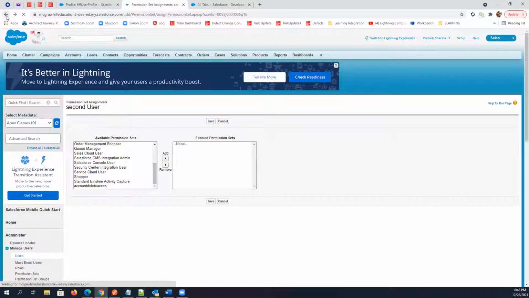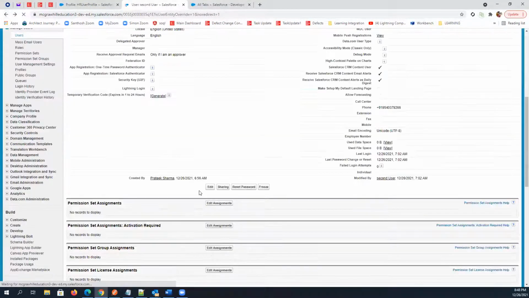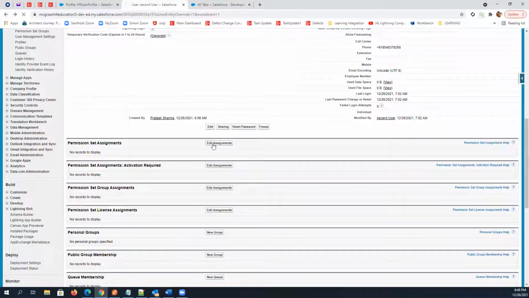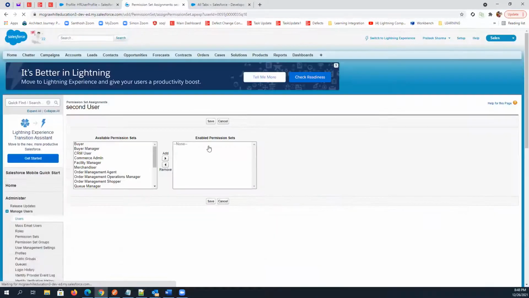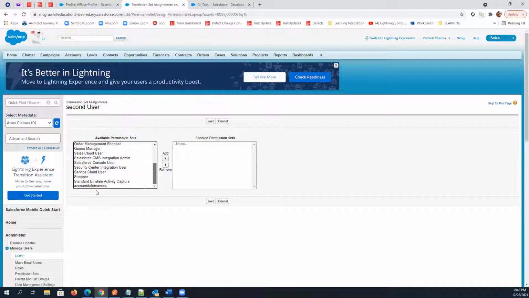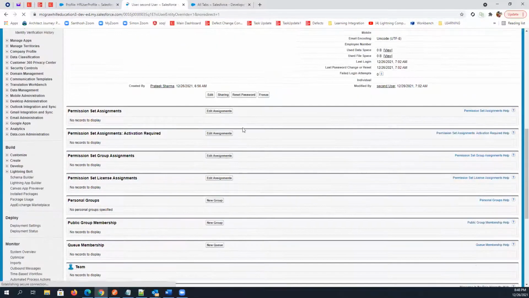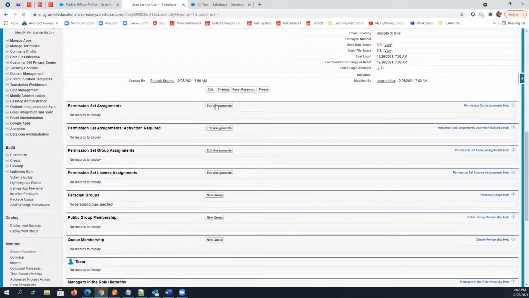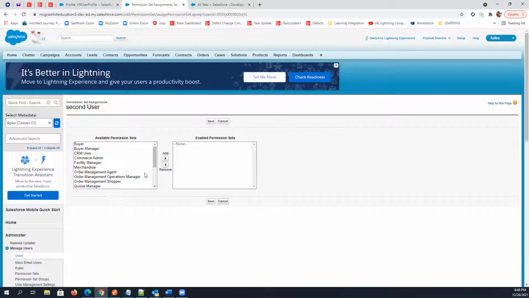where we can just assign this permission, account delete access. So edit assignment, there was a field when you add the assignment to it. Scroll down, just give me one minute.